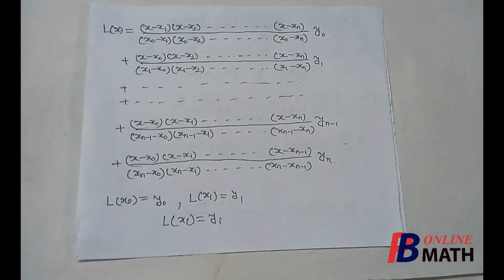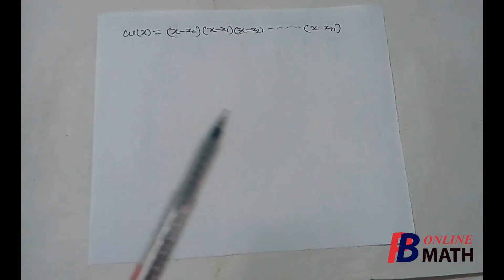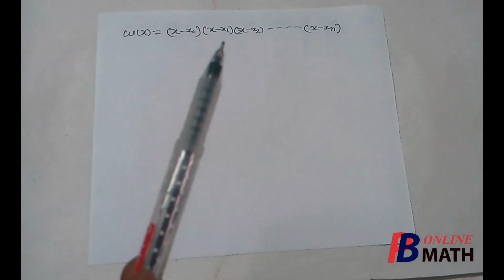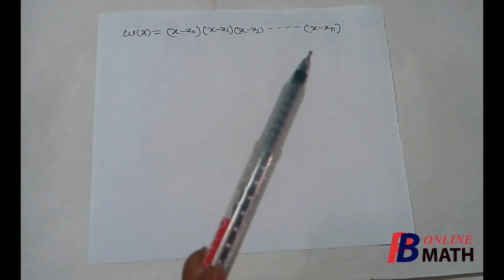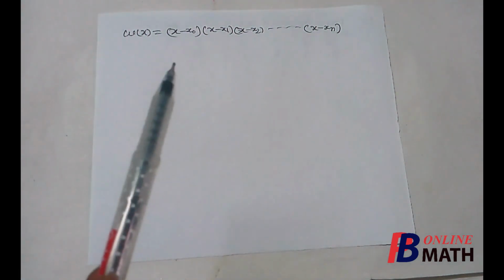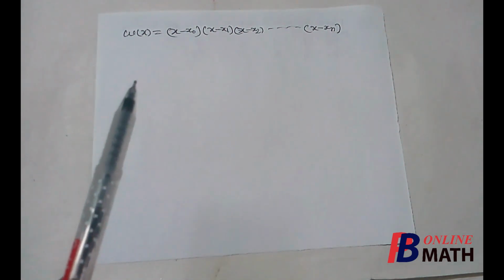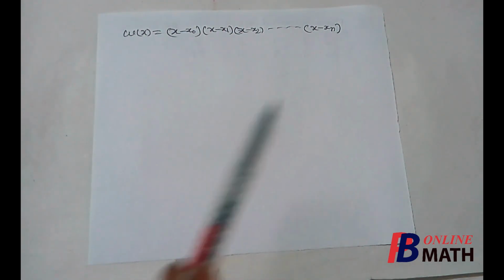So this is one way to calculate the Lagrange's polynomial. Now there is one more systematic way to find this polynomial. Now instead of using this formula, we can find the polynomial in some different way. Let us assume this function omega(x). This is equal to (x minus x0) multiplied by (x minus x1), (x minus x2) up to (x minus xn). Actually there are n plus 1 number of factors. So omega(x) is a polynomial of degree n plus 1.